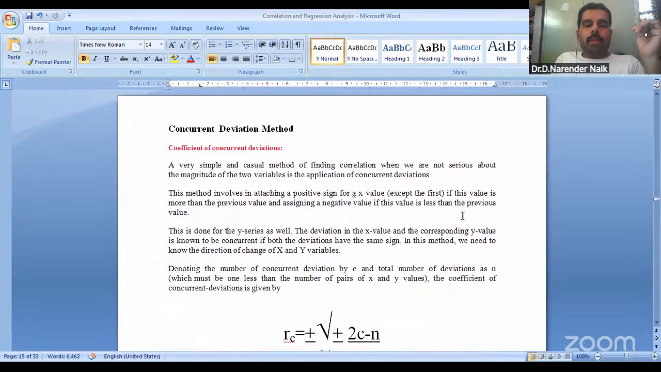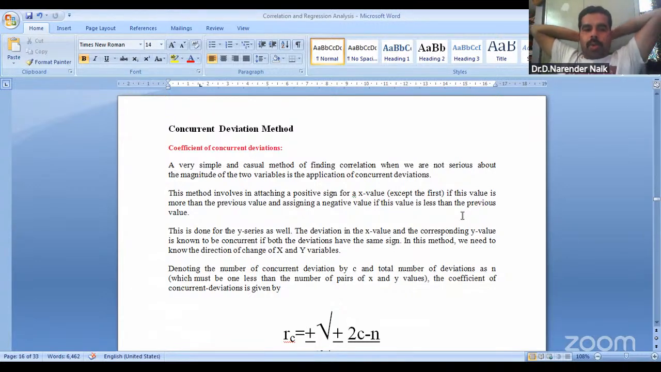Concurrent deviation. The next important method is concurrent deviation. Coefficient of concurrent deviation is a very simple and casual method of finding correlation. When we are not serious about the magnitude of the two variables, we apply concurrent deviations. This method involves attaching a positive sign for each x value, except the first,